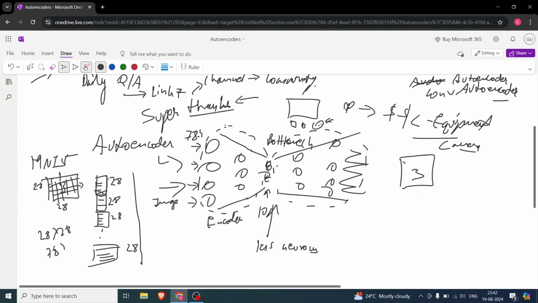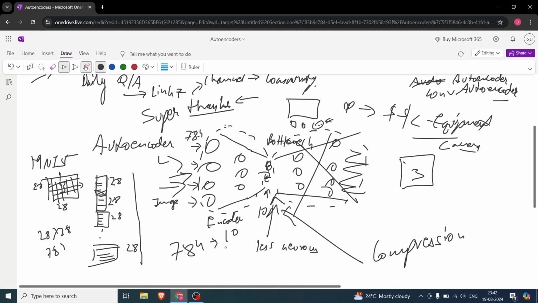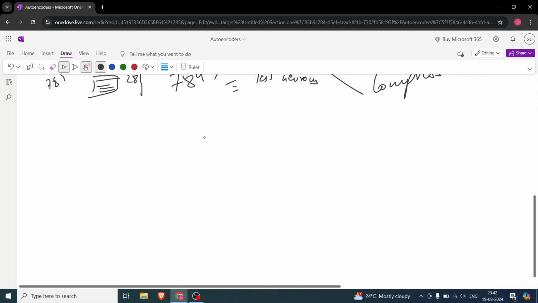So what is the idea? This is helping in compression. After this model is trained, we will throw away the decoder. Whatever we give as input, we get a compressed 10 neurons out of 784, so the data is so much compressed. Let's say you are sending some images through the internet. Your image file is 10 MB.